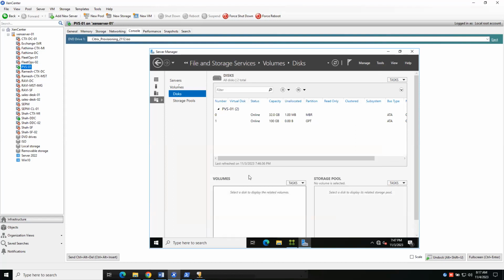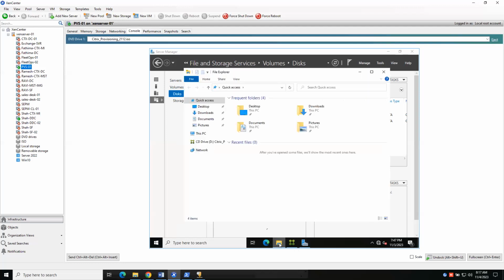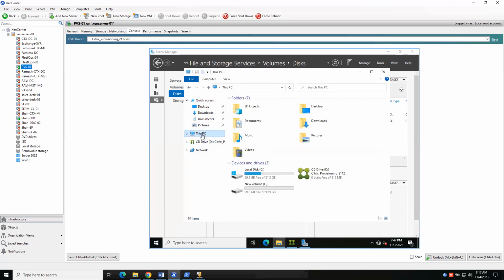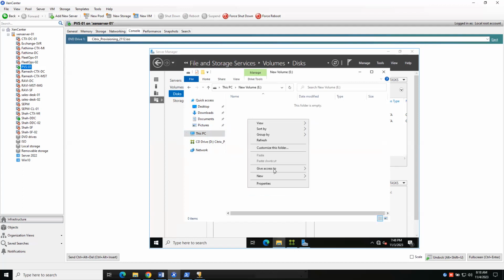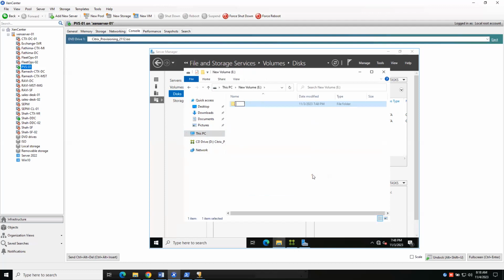Now open the File Explorer and go to This PC, then E drive, open it, create one folder here and name it like store or vdisk store, whatever you want to mention. So what will happen here in this particular folder, all of your virtual disks will be there. Okay,